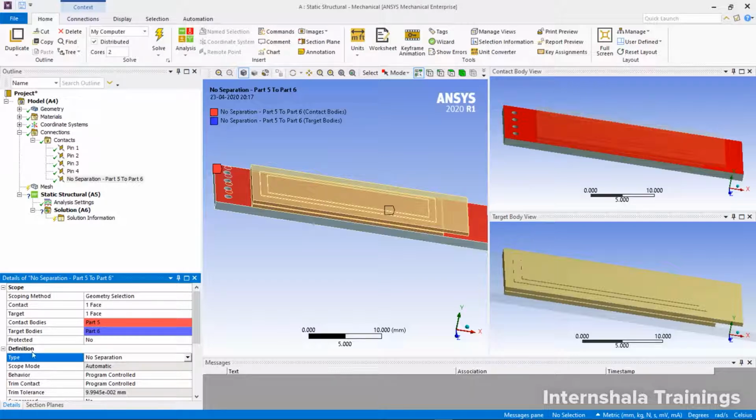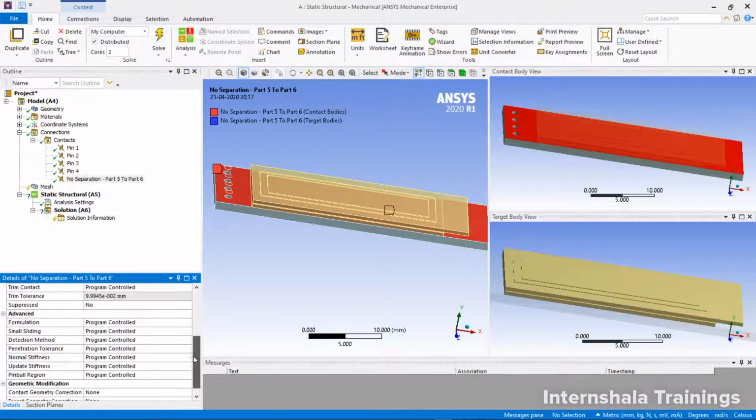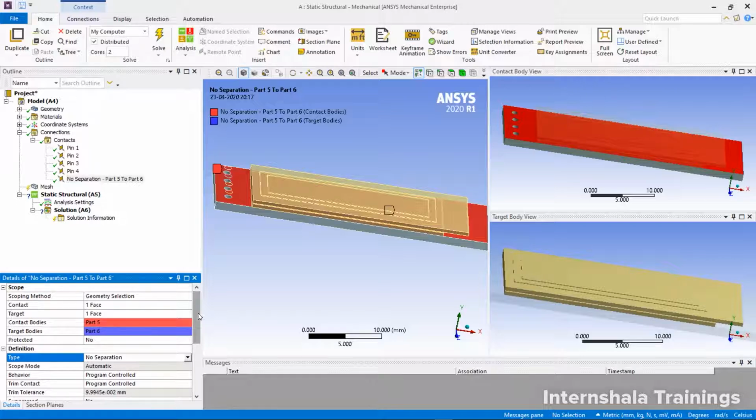And one more thing is, in the details option you can also see that contact bodies, it will denote what is the body name here on which the contact surface is there. It will also denote the part name, target body part name on which the target body is selected. And there are a lot of ways in which you can model contacts manually, and in the next lecture we are going to see how to create a contact manually, and we'll see it for a simple object as well as we'll also see it for a somewhat complicated object like this.